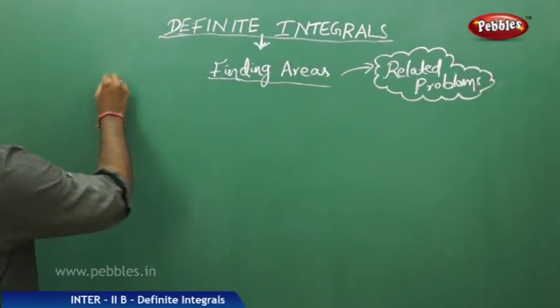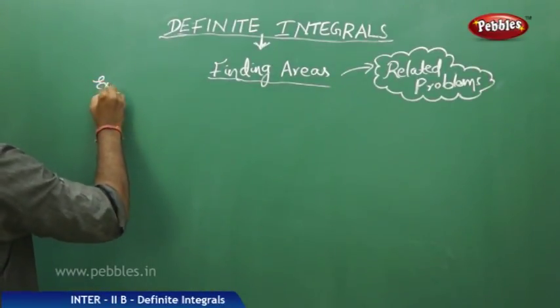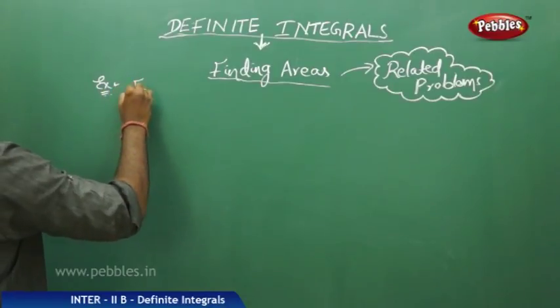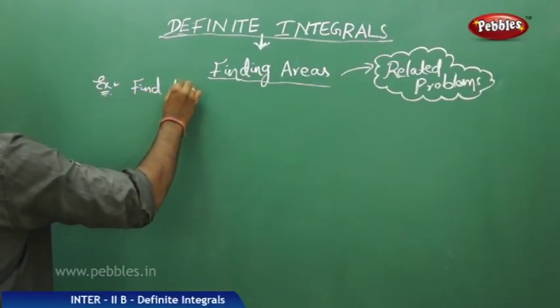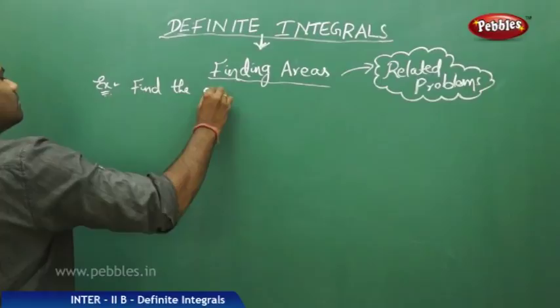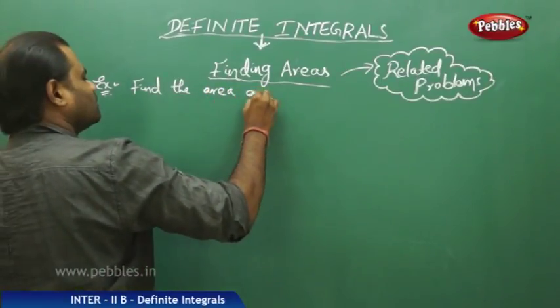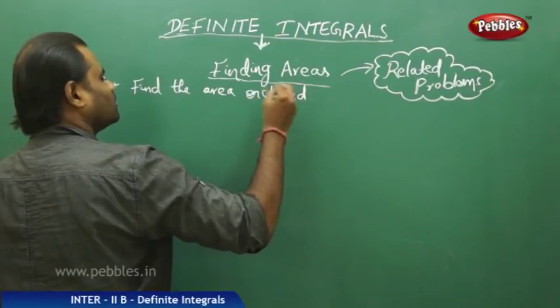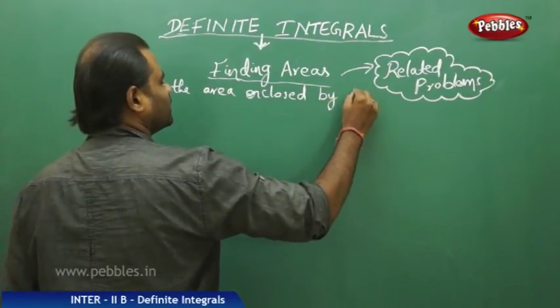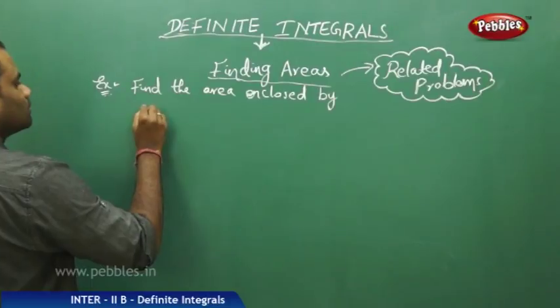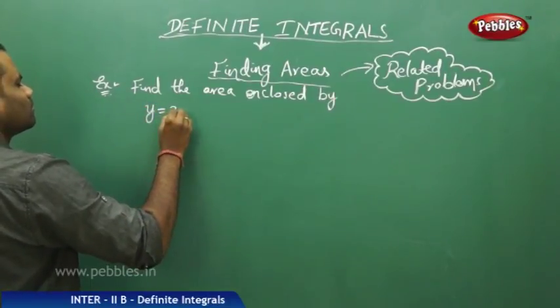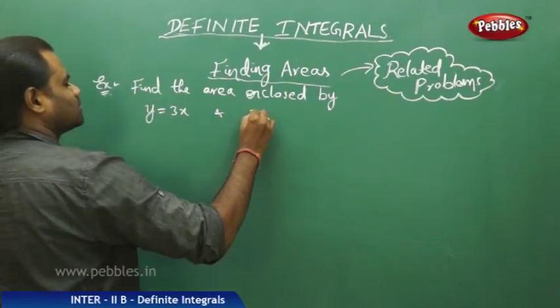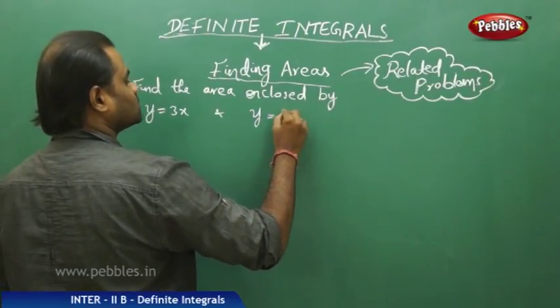Say for example, I have a question which says, find the area enclosed by y equal to 3x and y equals